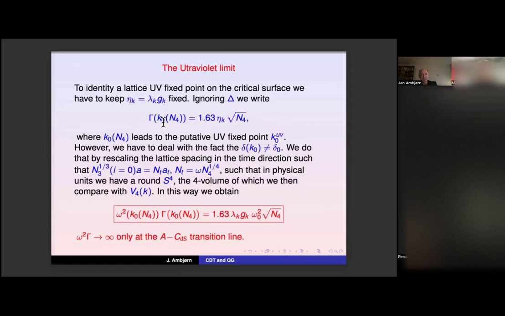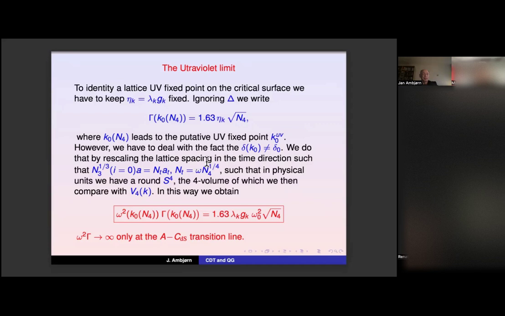So the question is, can we find a path k naught in the bare coupling constant plane to the putative fixed point in such a way that this is satisfied? Until now I've assumed that this delta, which appeared in our effective action, was the same as the one which appears in Einstein-Hilbert gravity, and it is not. So can we compensate for this in an easy way? Yes, we can, because